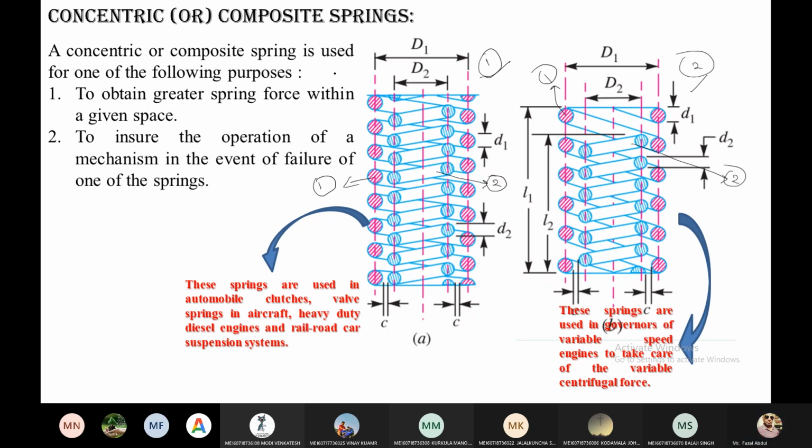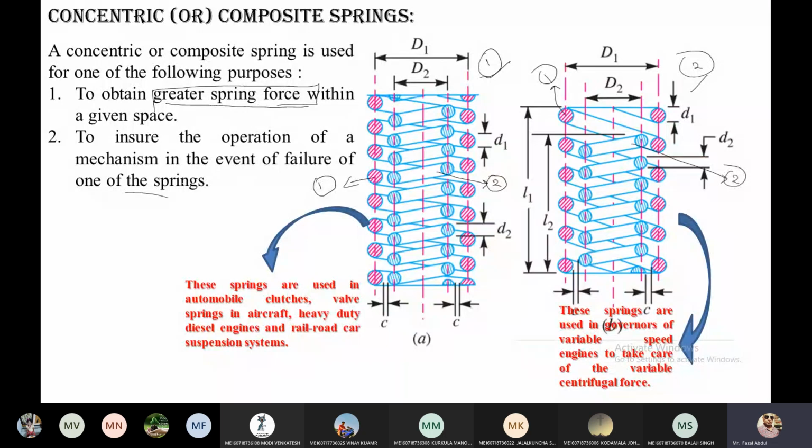See here, greater spring force. Such types of springs we can generally observe in our two-wheeler vehicles. At the rear wheel, the spring is attached on the damper, so there you can find such a type of design. It means for a particular given space, whatever force you require, more than the absorbing energy and deflections, so that it gives more spring force.